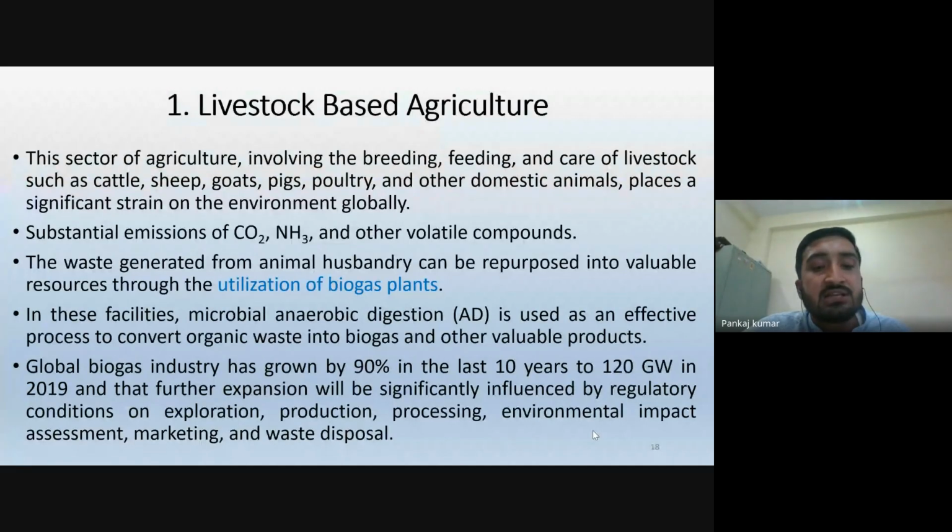So in these facilities, microbial anaerobic digestion is used as an effective process to convert organic waste into biogas, and that biogas can be utilized in the household and for other valuable products. Now, see, the global biogas industry has grown by 90% in the last 10 years to 120 gigawatts in 2019. And that further expansion will be significantly influenced by regulatory conditions on exploration, production, processing, environmental impact assessment, marketing, and